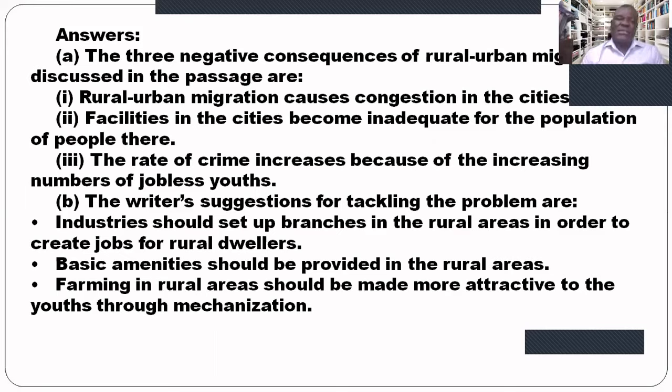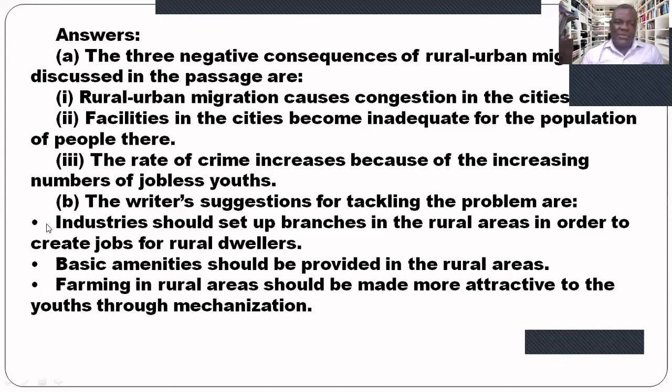That's what is required in summary writing. Then the rate of crime increases because of increasing numbers of jobless youths. Very simple. Then question B, the writer's suggestions for tackling the problem are: